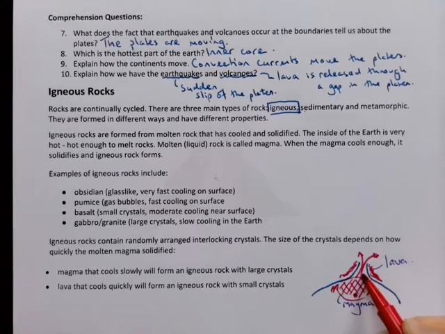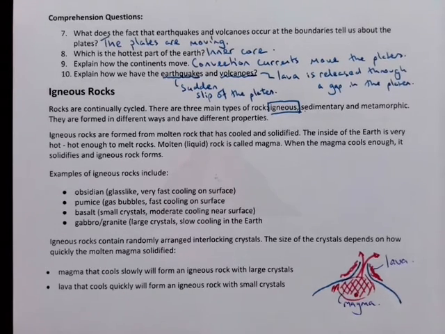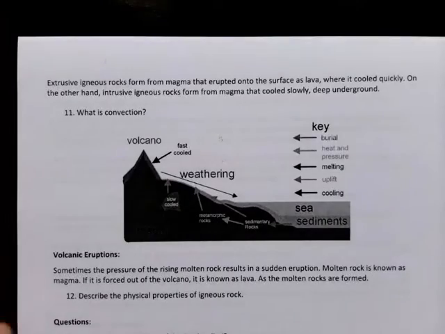But if you're magma and you get ejected out of the volcano and land on the Earth's surface as lava, you're going to cool down really, really quickly because the temperature is much, much lower. All right, because the temperature outside the Earth is much lower than inside the Earth. And you're going to cool quickly to form igneous rock with small crystals. All right. So another way of thinking about it is that we have